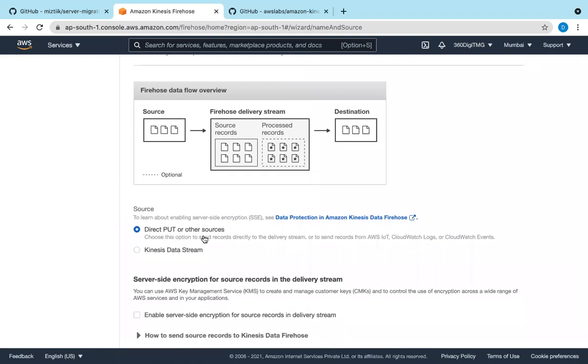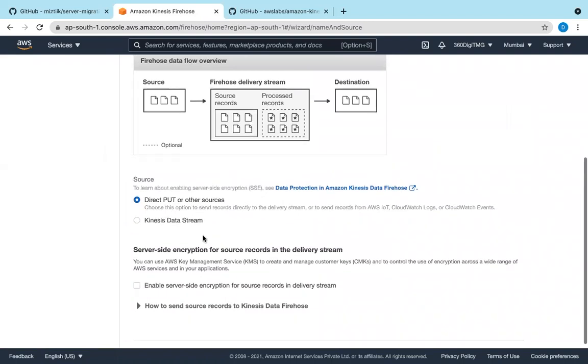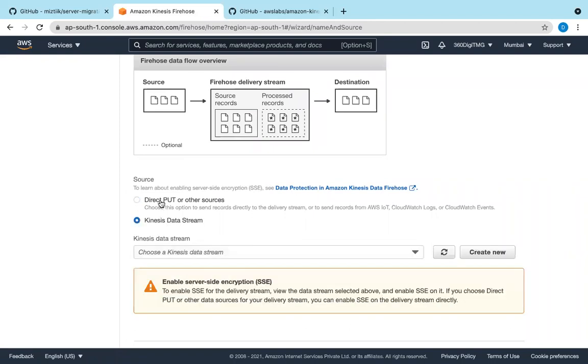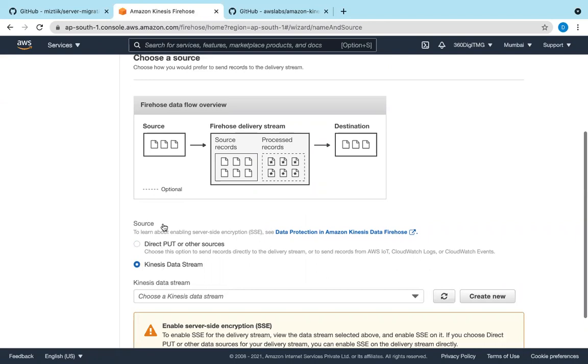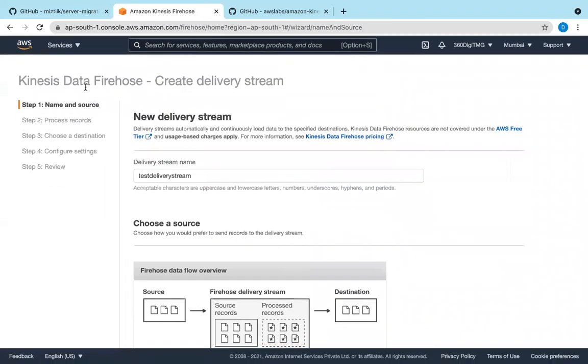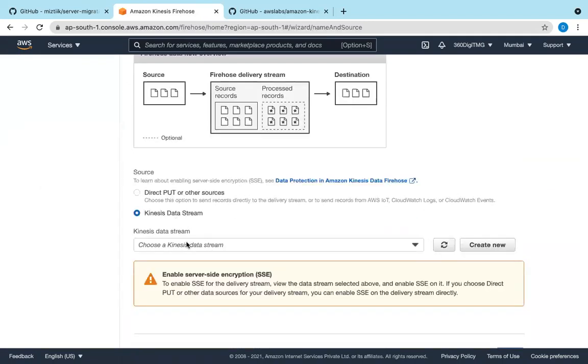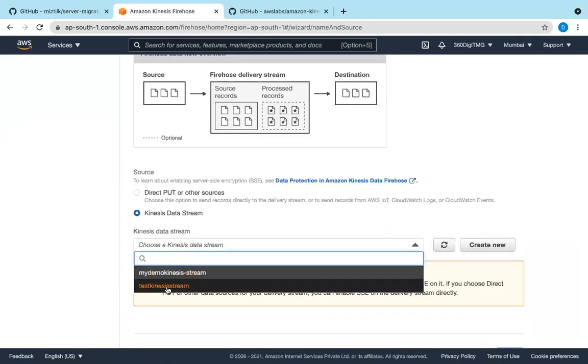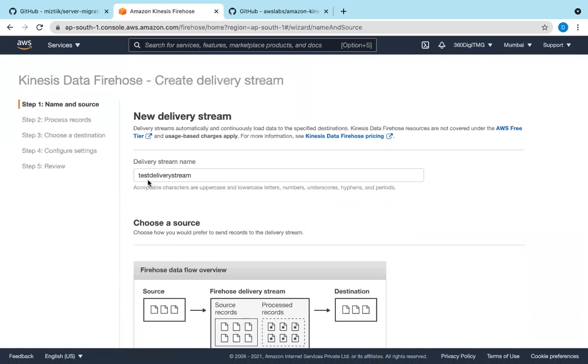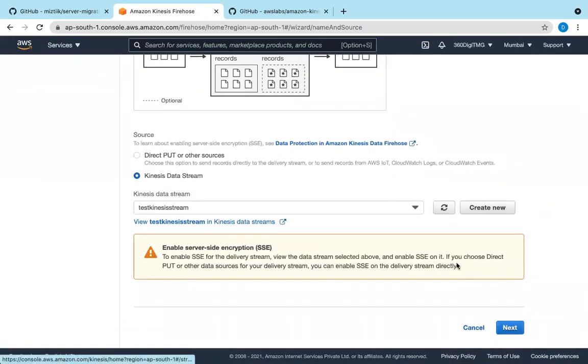Direct put or other sources. Okay. Kinesis data stream. We need to get data from the Kinesis data stream. I am creating a Data Firehose. And then the data stream name. This one, just Kinesis stream. Next.